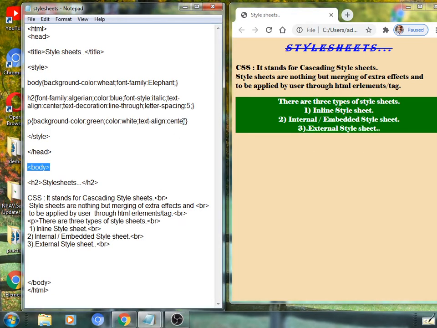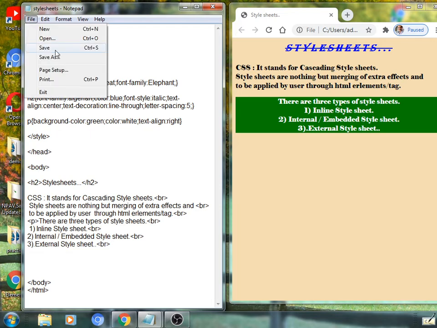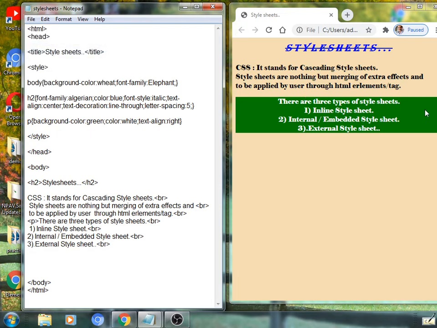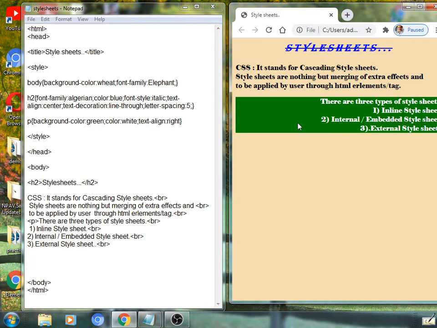You can change this to the next value, right also. Text align right, it will be moved to the right side here. See here, no doubt. You can apply multiple effects again within this, it is possible. You can change font. Now it is in a font called Elephant, as a common effect from the body.